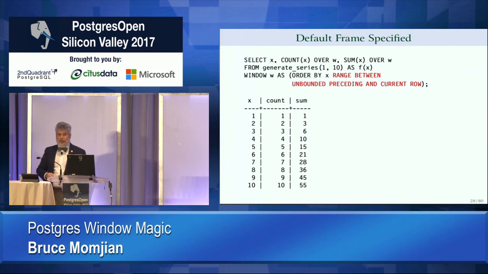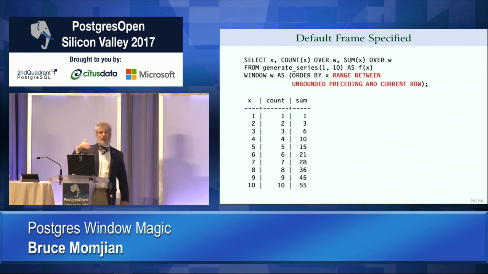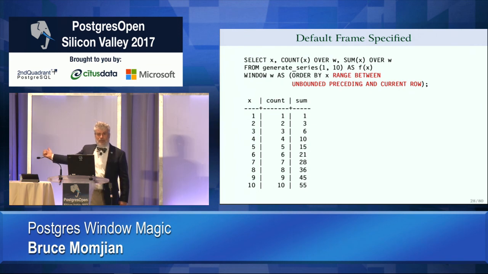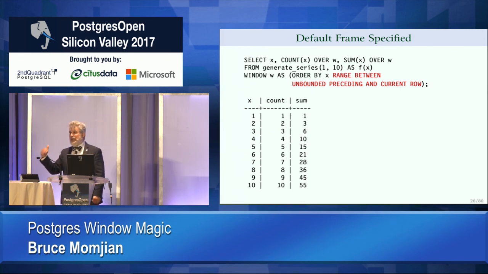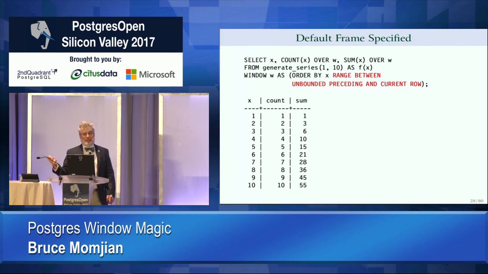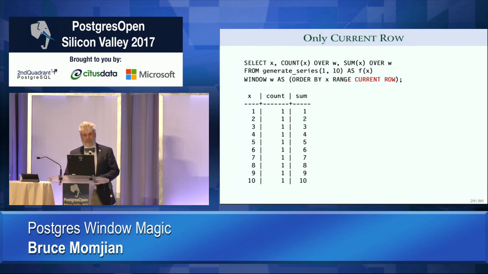Here's a little more interesting. This is the defaults now. Now it starts to make sense. I'm doing order by X. This is a range query, not a row query. But I'm saying unbounded preceding but current row. Because I have an order by in there now, my current row doesn't go to the end of the set anymore. My current row actually goes to the end of my current row. So this is actually changing. Because I've added an order by, all of a sudden the behavior of range changes, the meaning of current row changes. And I'm going to show you a lot of examples of that.